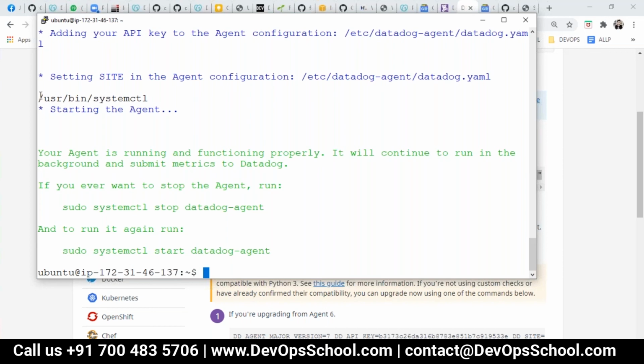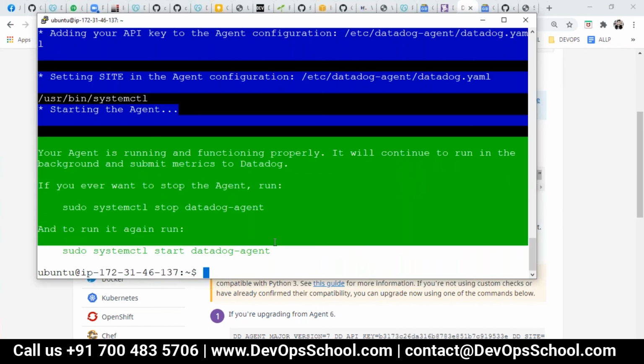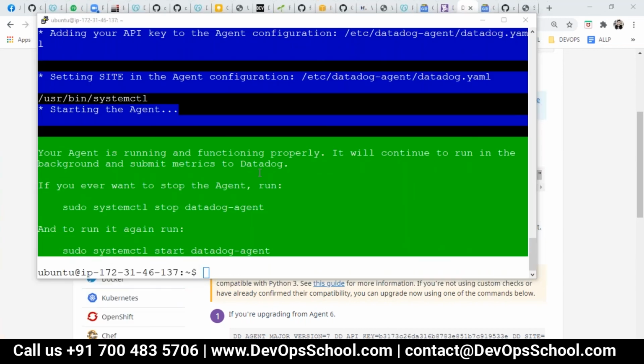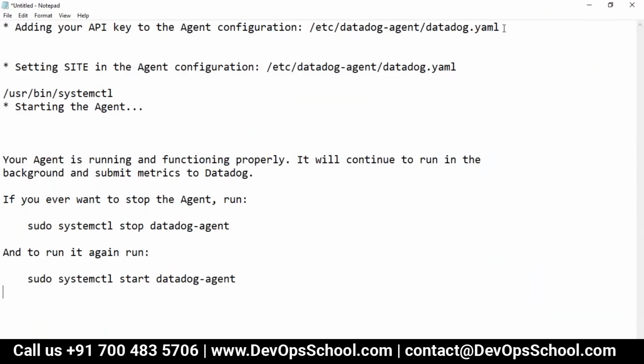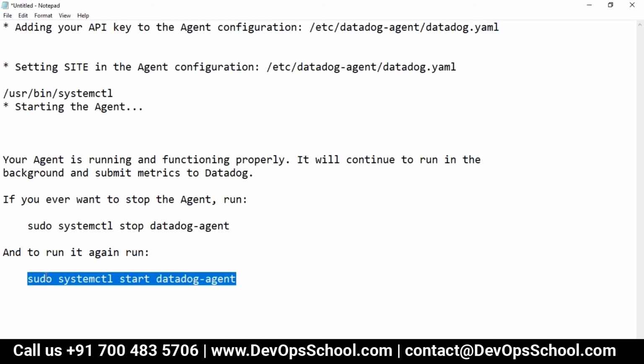You just need to copy this information into Notepad; it is very important information for yourself. It's just a matter of time till you get comfortable. Here you see the configuration location and configuration file. And here is the way to stop the agent, and this is the way to start it. That's all. These are the 3 commands you need to know.